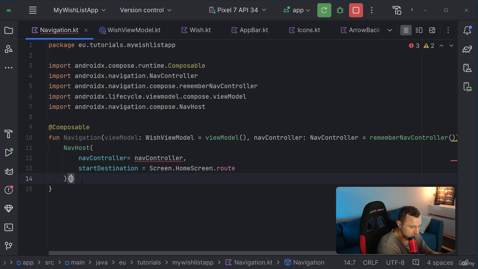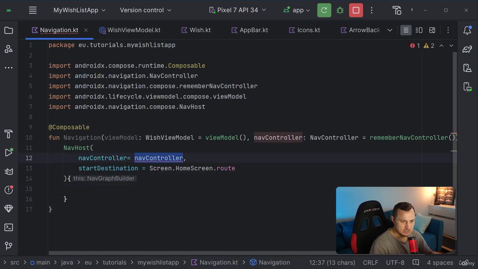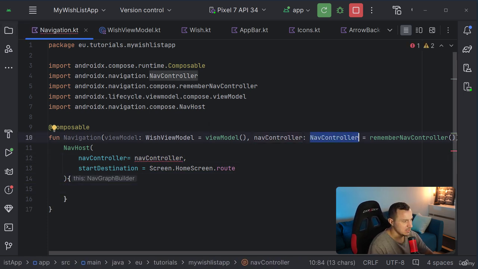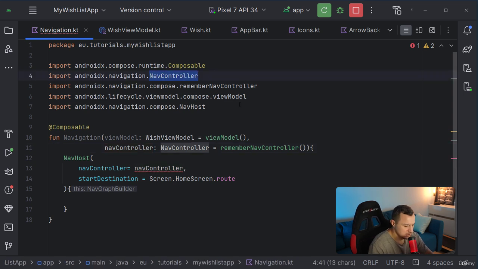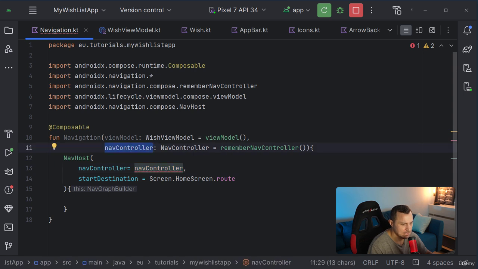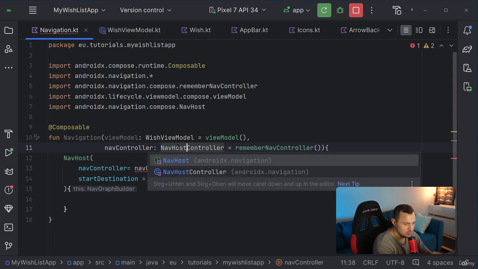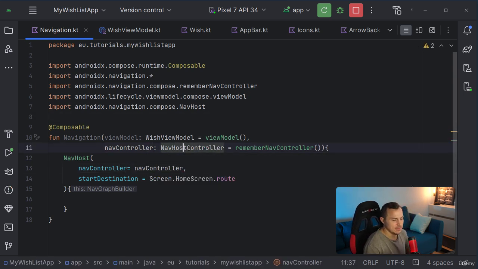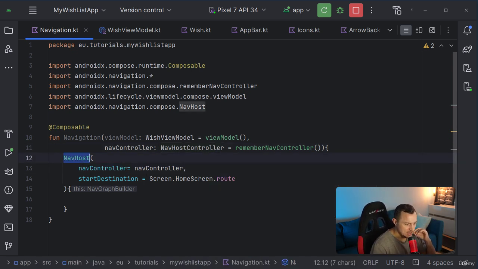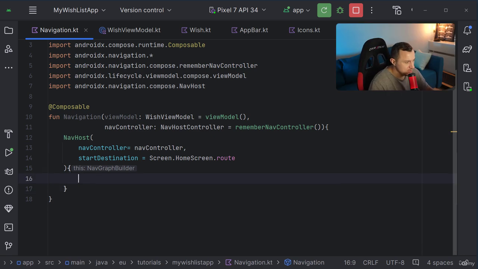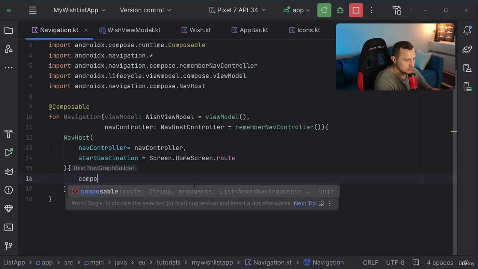and this nav controller also, or nav host, needs a content. So it's not happy with my nav controller here, and let me put that into a separate line so I can read it better. So let me see. It's this nav controller, which is, yeah, that's because it's not a nav controller, but it should be a nav host controller. Okay, so our nav controller is of type nav host controller, which we can pass to our nav host as the nav controller. Good. So now inside of here, we can have our composables, which are going to be the different